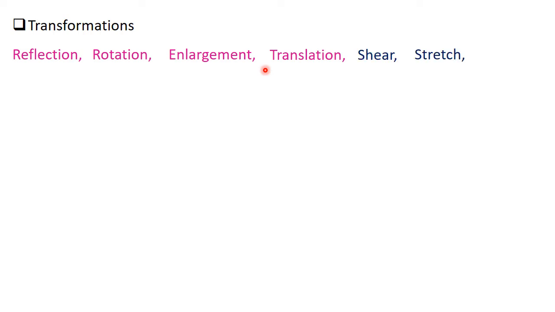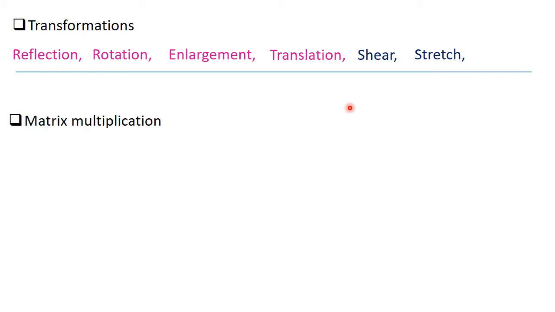Now, transformations can be a reflection. A transformation can also be a rotation or an enlargement or a translation. These ones, it's supposed they should have been tackled before this particular level, but towards the end of this series of lessons, we will tackle shear and stretch. And so at this point, I'm not going to say much about transformations, but we say a few things about matrix multiplication,